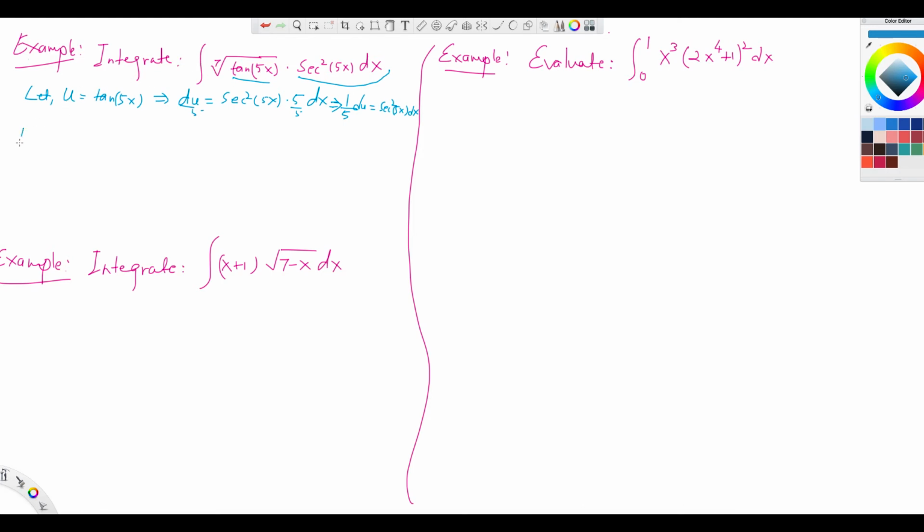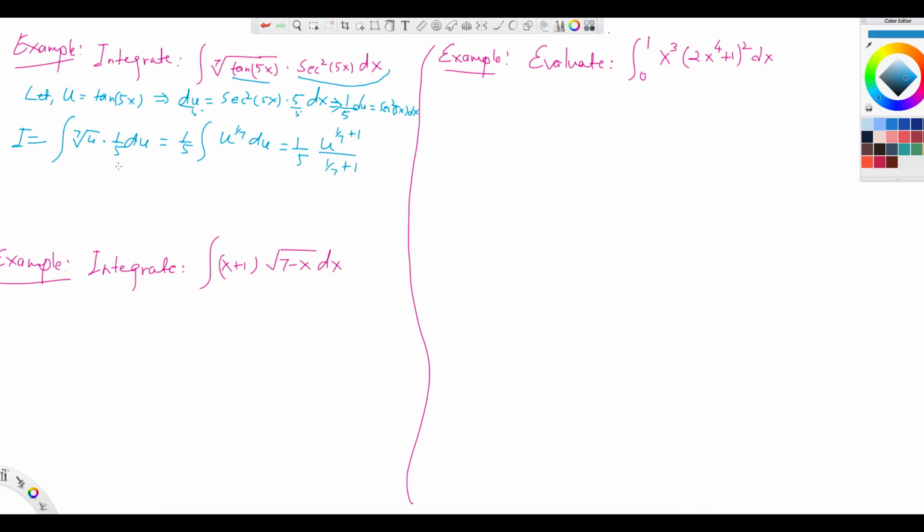So therefore, let's write down I, the whole integral, denote it by I, equals the 7th root of u times 1/5 du, right? This can be written as 1/5 outside, so it is u to the 1/7 du. You see that? So 1/5. What is the integral of u to the 1/7? U to the 1/7 plus